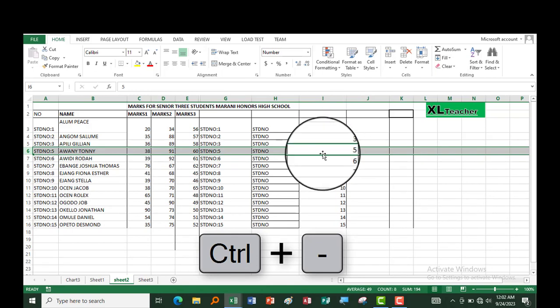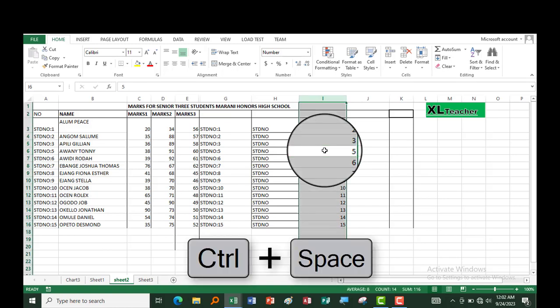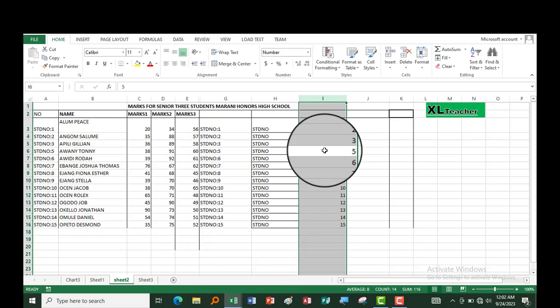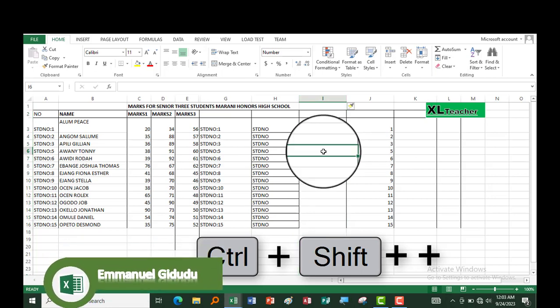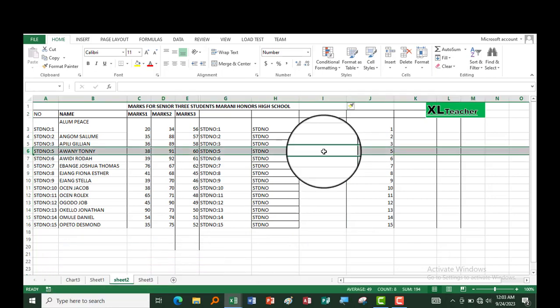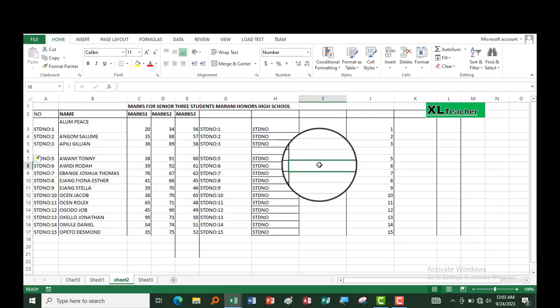In the same way, we can use Ctrl and spacebar to select the whole of column I. Then use Ctrl Shift plus to add another column. The same way, we can use Shift and the spacebar to select the whole of that row. Then use Ctrl Shift and plus to insert another row in between row 5 and row 7. Those are some of the shortcut keys we have